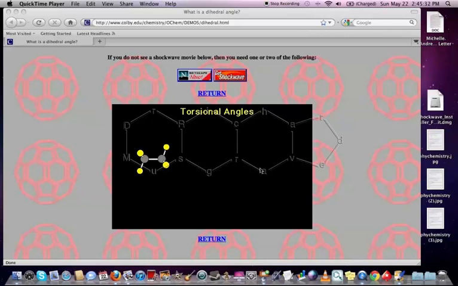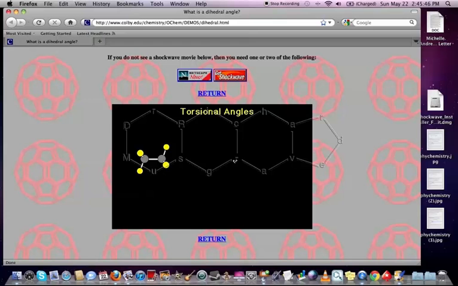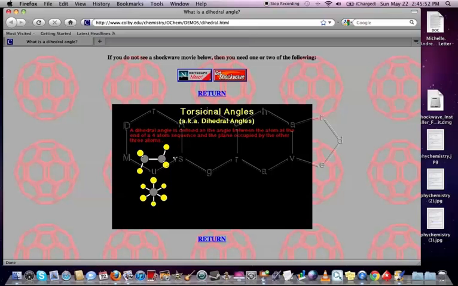This mini lecture is about rotamers and conformations, and we're going to start off with a discussion of torsional angles. Torsional angles are the angles between this hydrogen and this hydrogen down here. Now let's take a look at a different way of showing this. Now what we can do is, instead of viewing it from the side like we are here, we can view